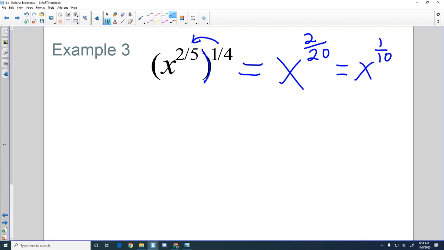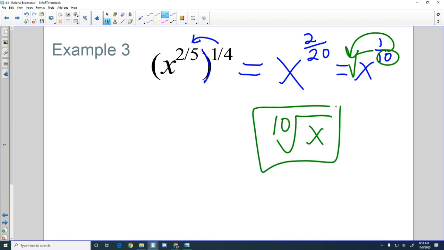Last thing we need to do, I have a fraction for an exponent. What do I do with that 10? Where does it go? You can gesture with your hands. You can be like, shoop. Yeah, that index out in front. So it becomes the new index of a root. So this is essentially the 10th root of x,